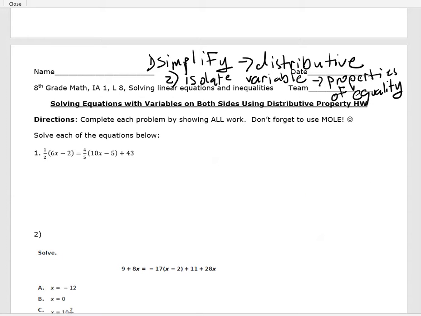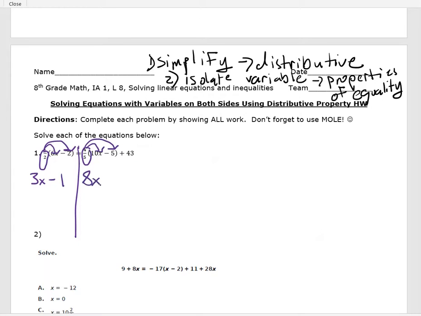All right, so in the beginning, when I'm reworking this problem, it's going to look pretty much the same. Get my pen back here. Okay, great. I'm going to draw my line down the equal sign, and I'm going to circle my 1/2, distribute it to the 6x, distribute it to the -2. I'm left with 3x minus 1 equals, circle my 4/5, distribute it to the 10x, distribute it to the -5,